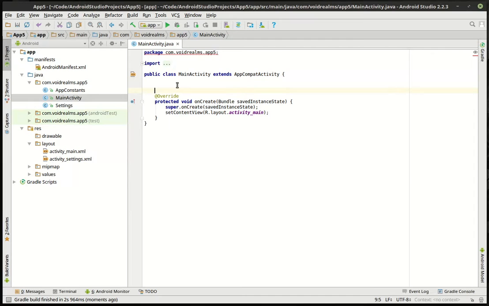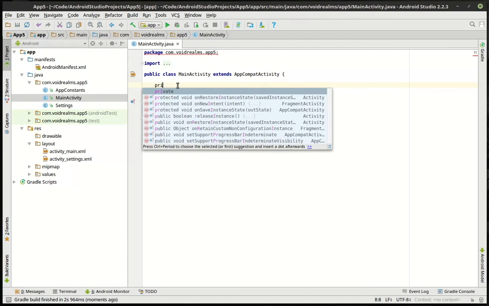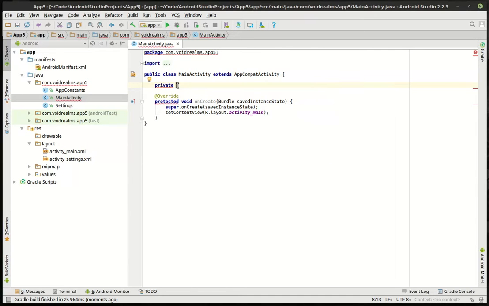We're in our main activity. Ow, I hit my funny bone, and that was not funny. Ouch. All right, so,